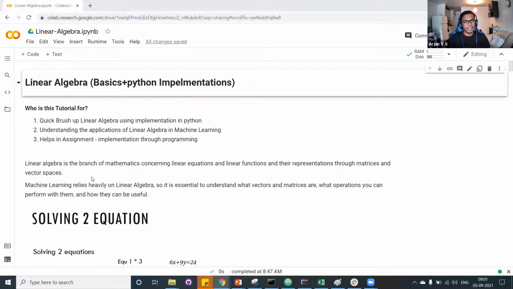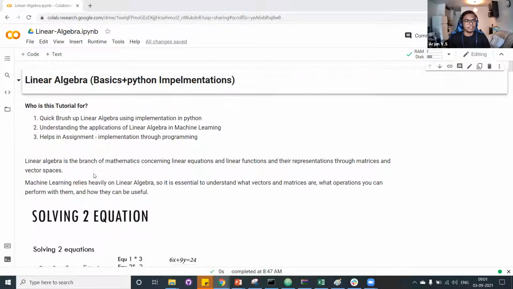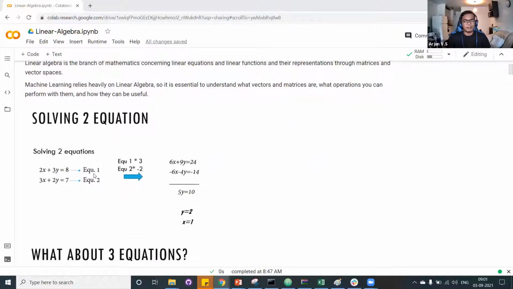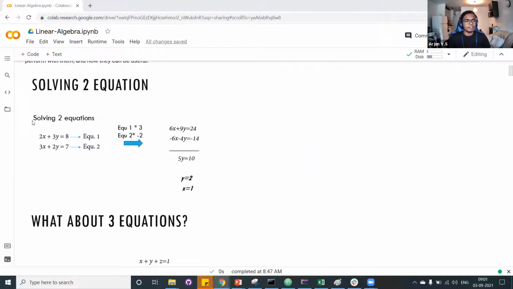If you already are knowledgeable about linear algebra, the Python implementation, and how it is used in machine learning, then feel free to skip this lecture, but for the rest, I've made sure it will be useful for you in all aspects. So let's start with a traditional approach. Generally, we have two equations, like 2x plus 3y equal to 8, and 3x plus 2y equal to 7. When we have two equations and want to get x and y, we obviously